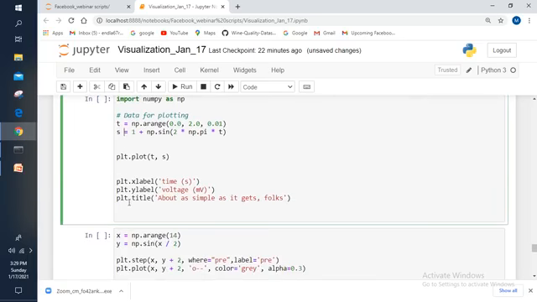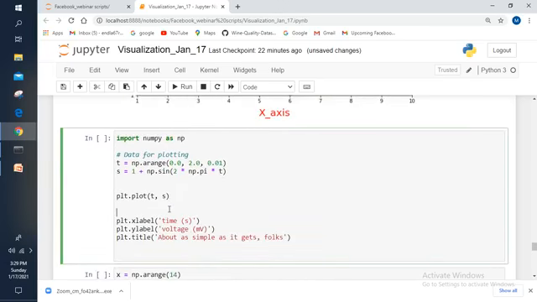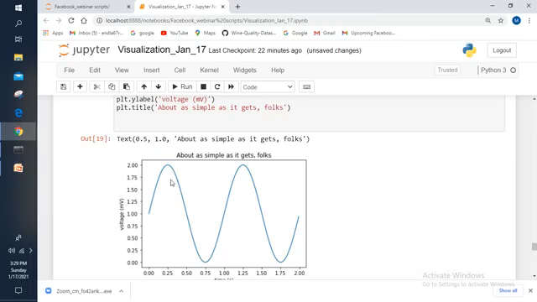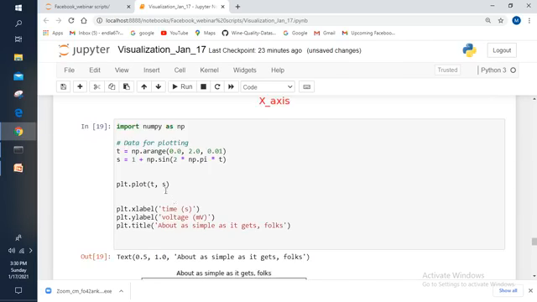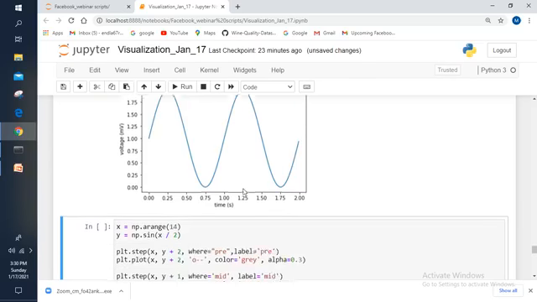Now I am going to pass variable t and variable s through the plot function, and the x label, y label and the title are common. Now let me execute it and let us see what kind of plot we will get. Yes, see, by using the sine function we are getting the sine curve, right? In this way also you can represent the plots. Now